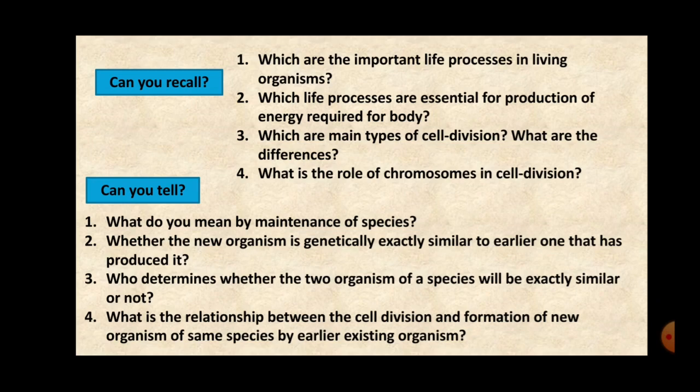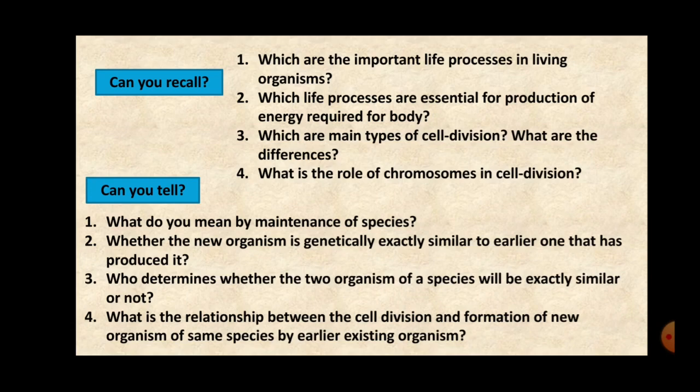Third one, who determines whether the two organisms of a species will be exactly similar or not? Now, this depends upon the type of reproduction, whether it is sexual reproduction or asexual reproduction. Because in sexual reproduction, two organisms are there, crossing over takes place, so the new offspring is not exactly similar to the parent, whereas in asexual reproduction, only one parent is there and thus the offspring is exactly